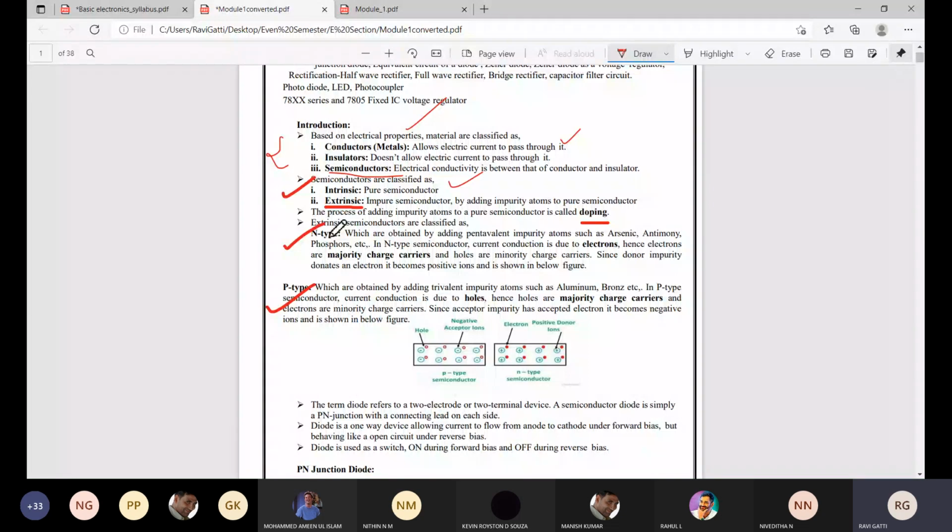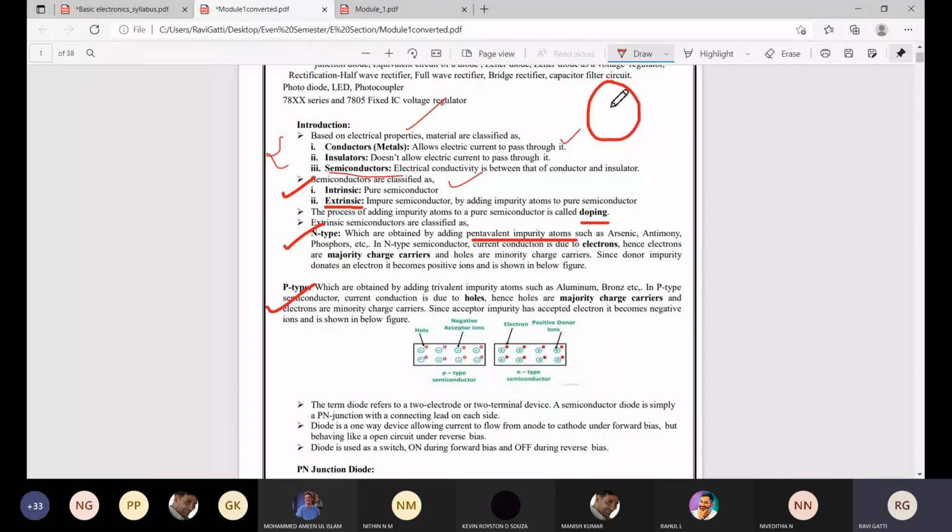So in n-type semiconductors, there will be more free electrons to carry the current among themselves. So how can we create this n-type material? By adding pentavalent impurity atoms. Why do we need to add pentavalent impurities? If you see the conduction band of silicon,